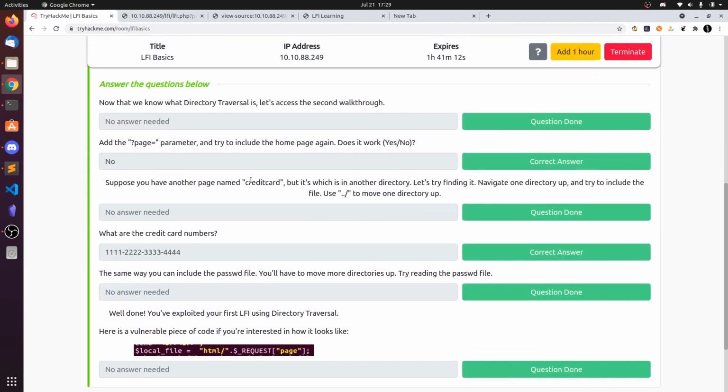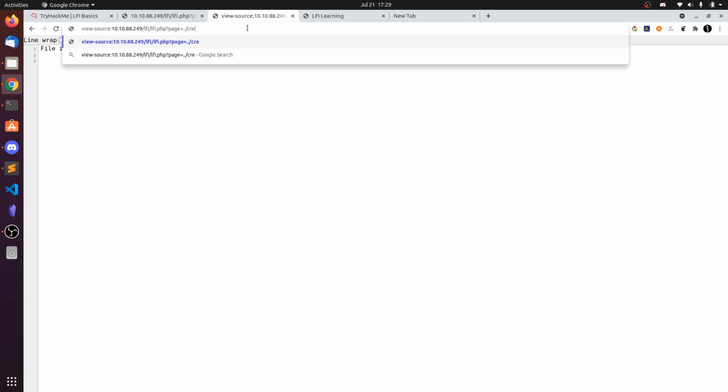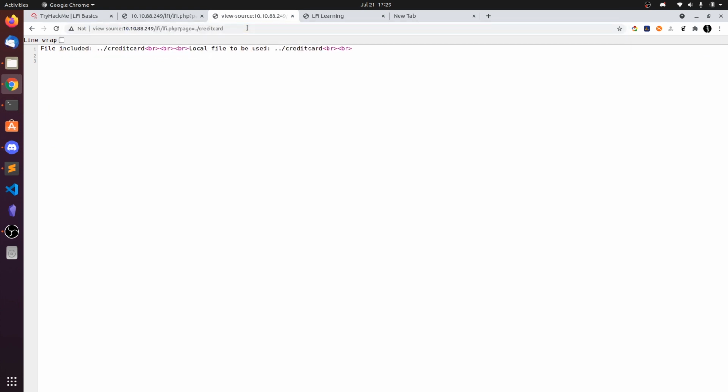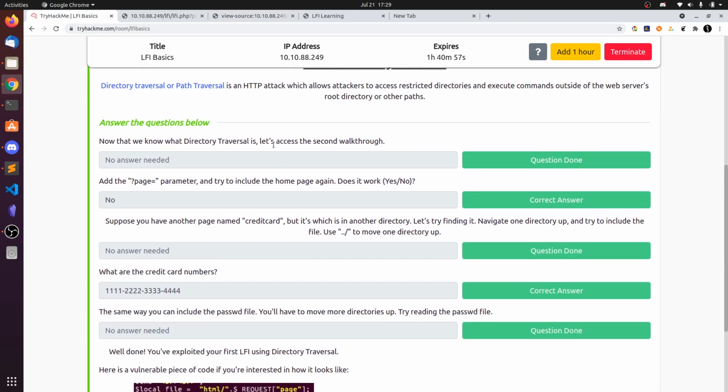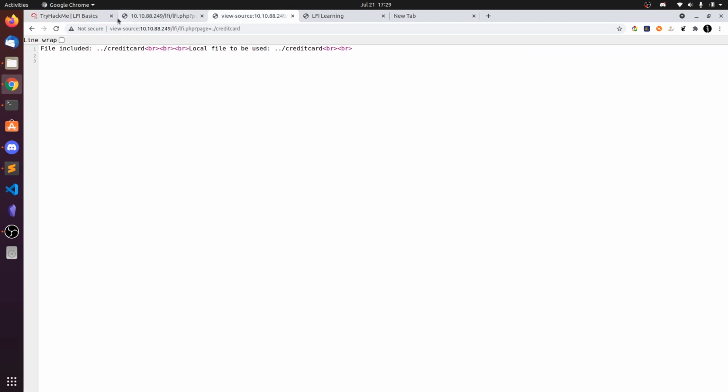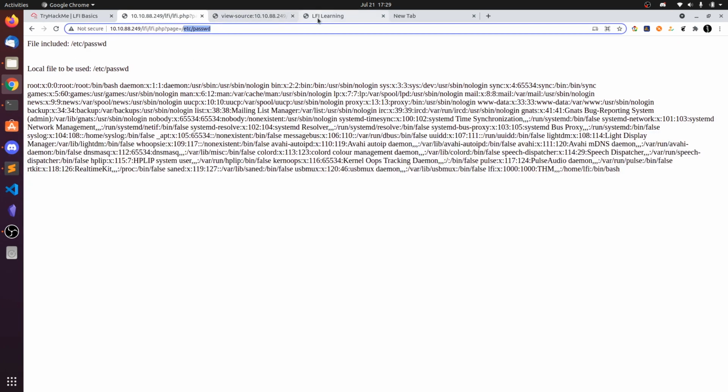there is a page named credit card, so go to that and you also move to the up directory. So let's do this, credit card. Okay, this is in the second walkthrough, so these are in different folders.